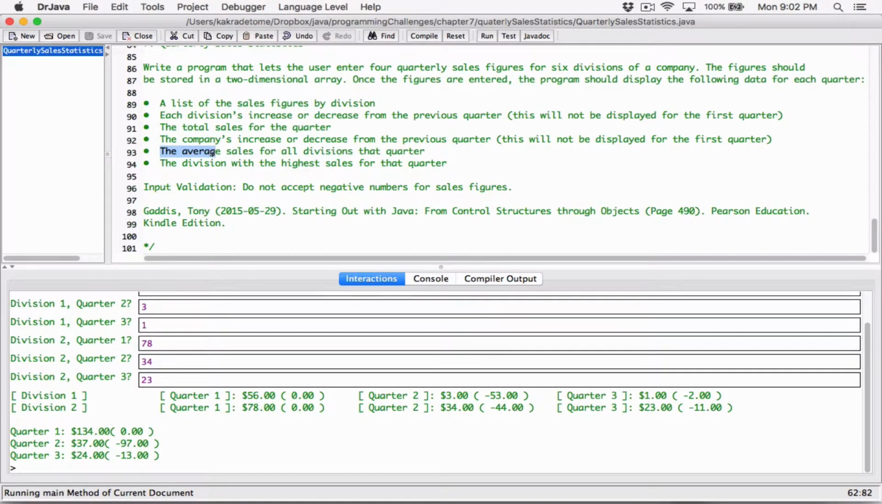Let's just do the last two. We're almost done. All right, so the average sales for all divisions that quarter. Let's see what it wants. The average sales for all divisions that quarter. Okay. Average sales for all divisions that quarter, which means that